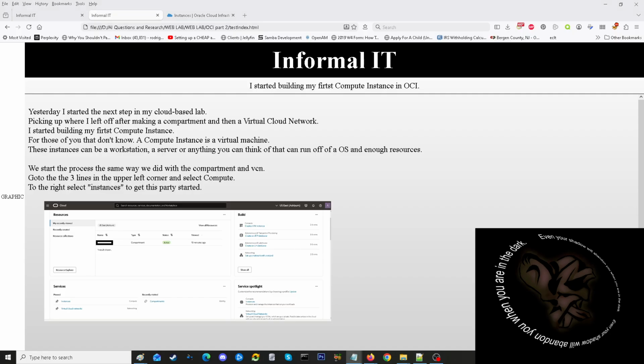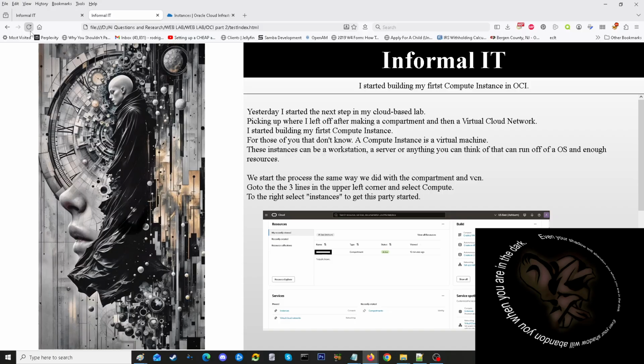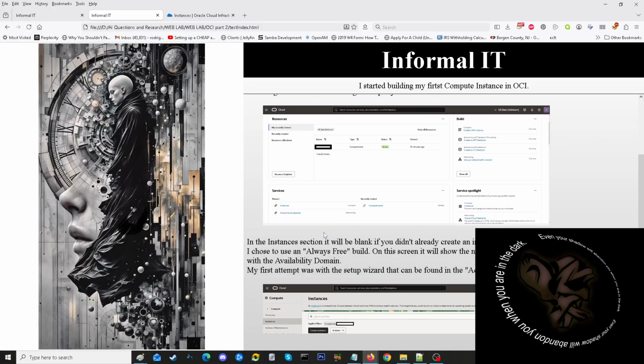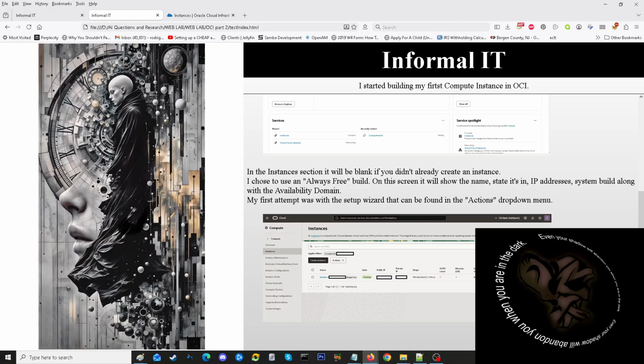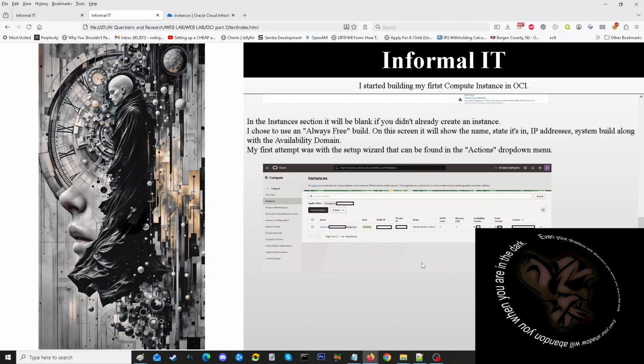Let me just update this here a little bit. I basically just wrote everything down here so that I can have my thoughts straight. But when you want to get to your instances, you have to go to those three lines in the upper right corner, click on it, and then select compute. Once you click on compute, you select instances, and it brings you to this screen here. And it breaks it down based on the name of your instance or your virtual machine,